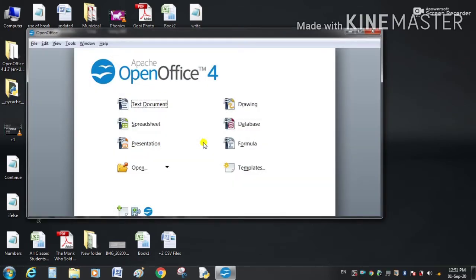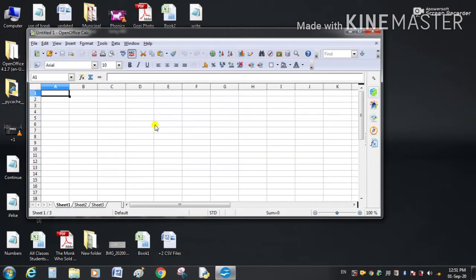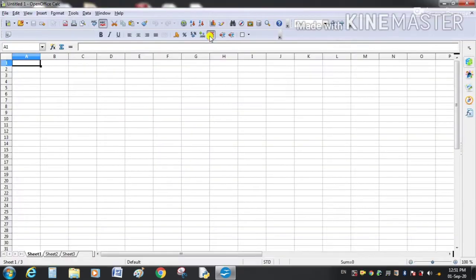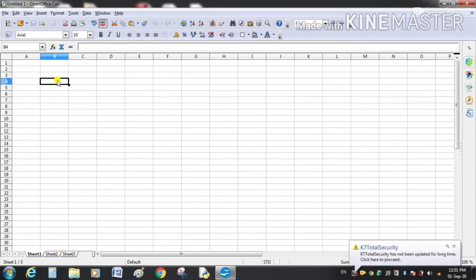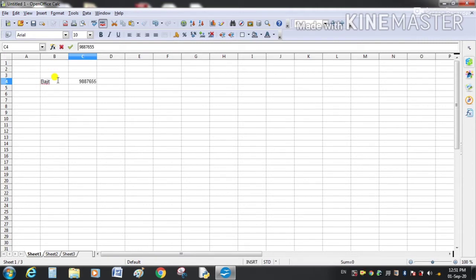Click OpenOffice and from here select spreadsheet. A spreadsheet in itself is a data source or a database. So here we will create some records, for example, a telephone directory. So I am writing the names of the persons and their telephone numbers.